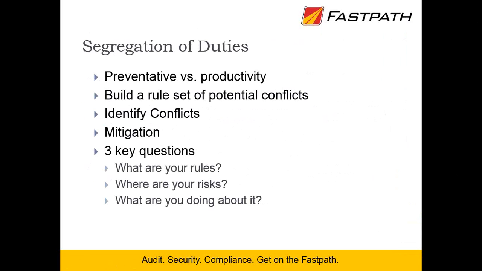There are a couple of ways. One, you can do it through application security, to say, I want to make sure that this person can't create a general ledger account and can't create a journal entry. Another way would be transaction sampling, so it would be after the fact. It's a detective control where you're saying, did this person create the vendor and create this purchase order? So you're matching those transactions. That's a lot of reporting after the fact.